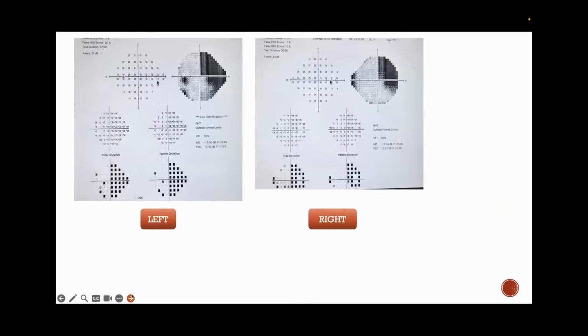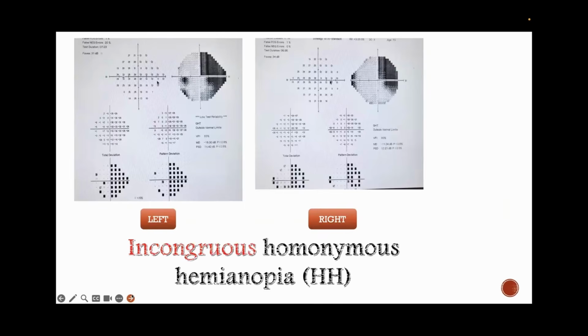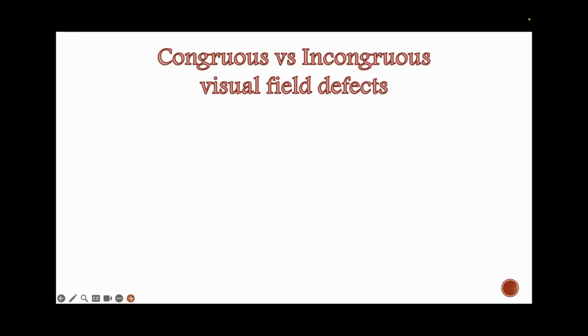Simple to diagnose. Now, this is something that gets a little bit more challenging. So you have a scotoma which is respecting the vertical midline. Obviously, it is not glaucoma. It's a neuro-ophthalmological field defect, but the two eyes don't quite match each other. So what is this exactly? This is something known as incongruous homonymous hemianopia. It is a retrochiasmal pathway damage. You have to localize it to the retrochiasm only because it respects the vertical midline. It's on the same side. But then why don't they look so similar to each other? For that, we need to understand what are congruous and incongruous visual field defects.